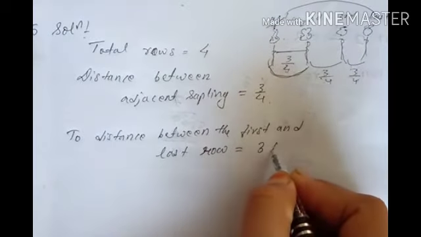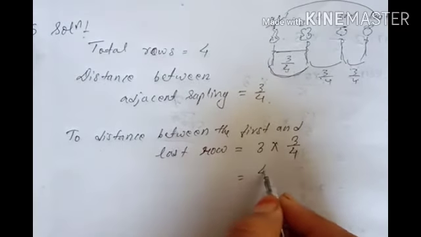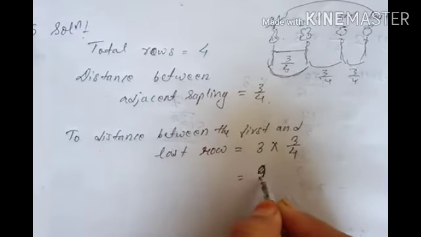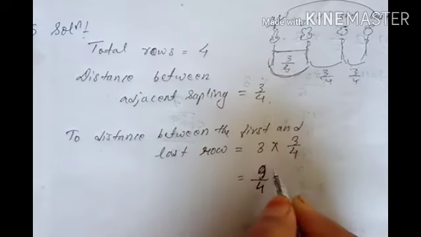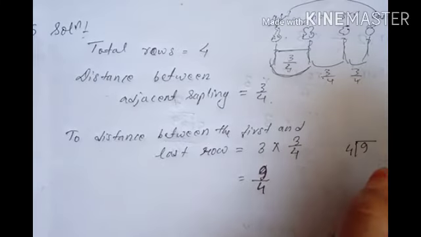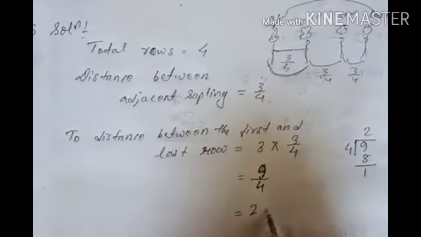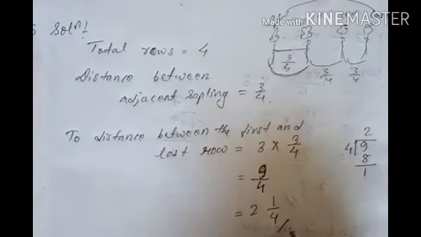So simply you will multiply 3 upon 4. Now 3 3s are how much? 3 3s are 9 upon 4. Now 9 upon 4, how will you write it? Because this is improper, what will you do? You will divide it like this. Now 4 2s are 8 and the remainder is 1. How will you write it as a mixed fraction? First you write the quotient here, then the remainder 1, then 4. So this is your answer.